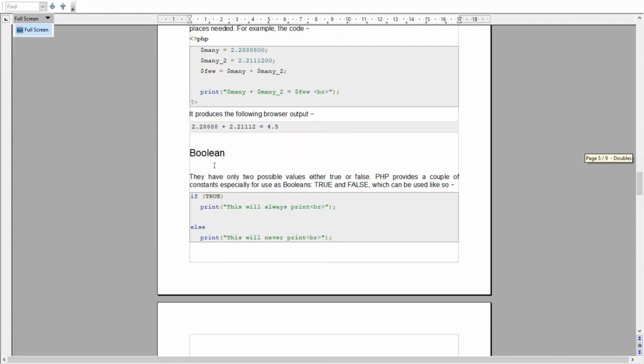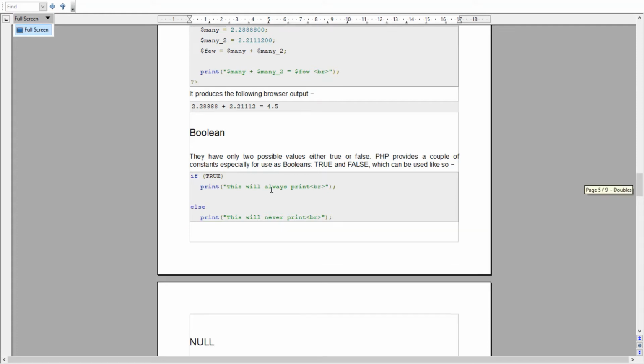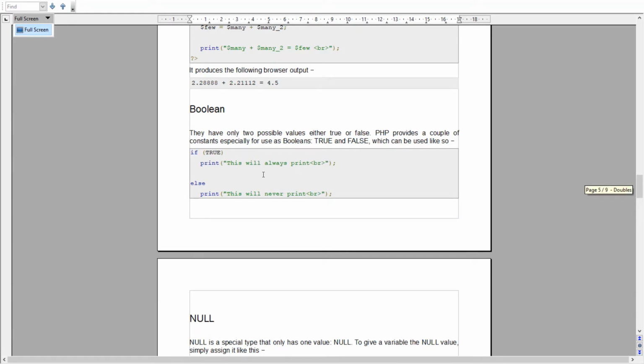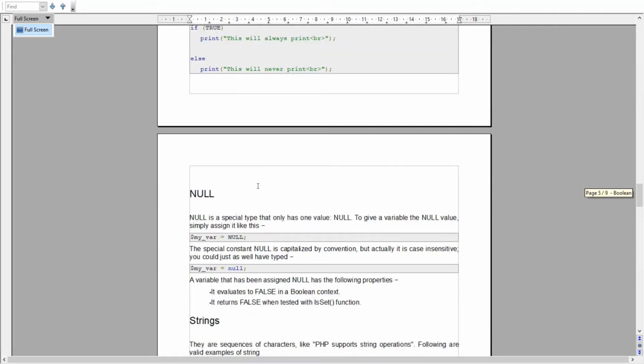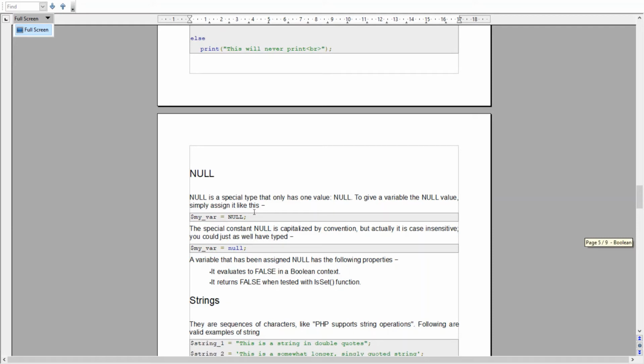Then come the boolean values, which have only two values to assign, either true or false. We will learn more about its details in the coming videos. Then comes another special type, which has only one value, that is null. To give a variable the null value, simply assign it as equal to null.